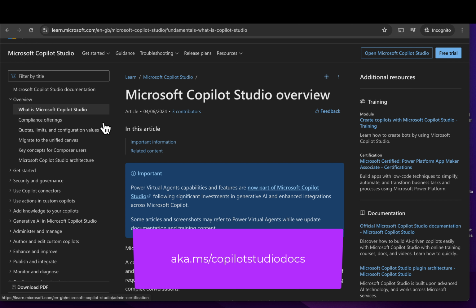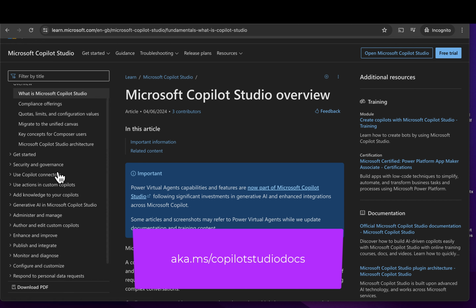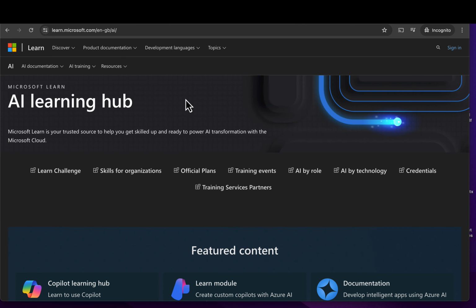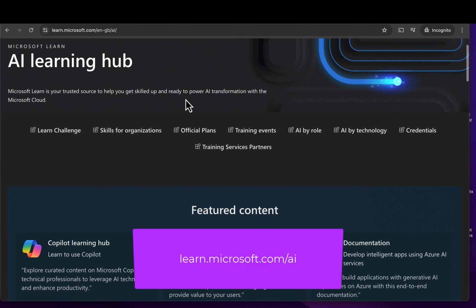You can go to aka.ms/CopilotStudioDocs, and that'll take you to their documentation page, and it'll give you all the documentation you need to look into Copilot Studio. And then obviously one of my favorites, learn.microsoft.com/AI for their AI Learning Hub.